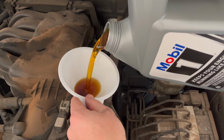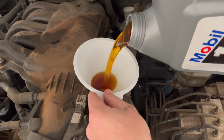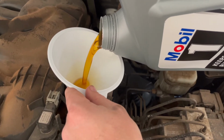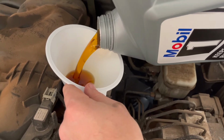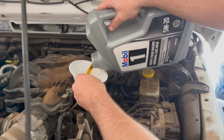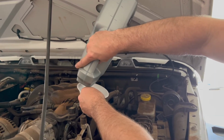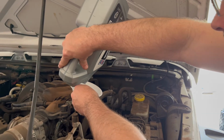Oh yeah, she's saying, "Feed me, Daddy, feed me." Nice, fresh, clean engine oil. Honestly, this kitchen funnel works a lot better than the garage funnel I had before, so I might just continue using this one. It does seem to work better. Even though, like I said, a funnel's a funnel, but for some reason this one seems more convenient, easier to fit